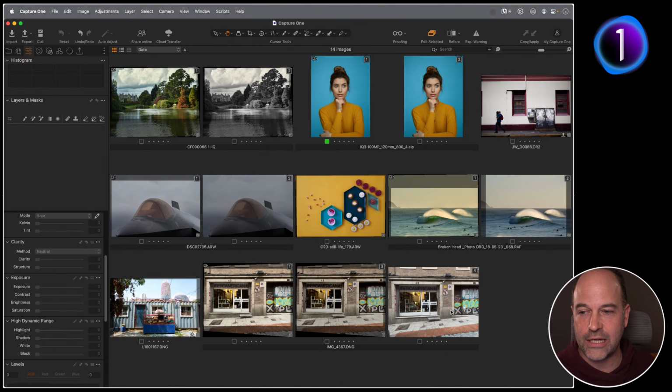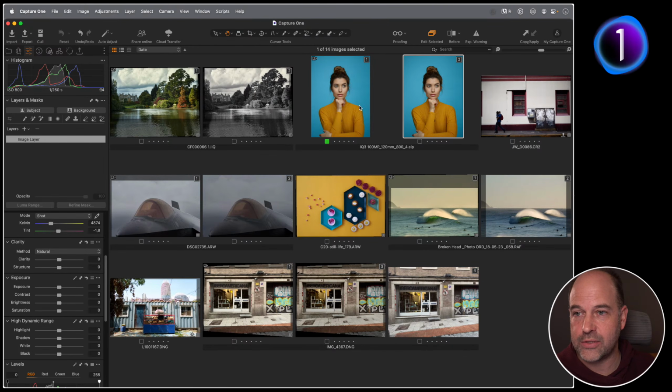There was an interesting thing that came up about shooting into a mobile phone and how you can best account for that in Capture One. A few questions came up about portrait editing this morning, so that's why this one is here, and we shall see how much time we have for everything else.